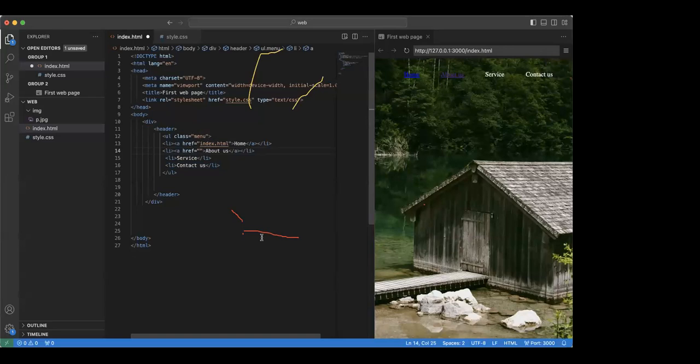So presently, let's say this is my home page. But from my home page, I want to be able to go to the About Us page. I want to be able to go to Service. I want to be able to go to Contact Us, right? So I have to add that as my anchor tag, which is the href, right? Anchor, then the reference. Which page are you going to? So I will have that page. So if that page exists, for example,